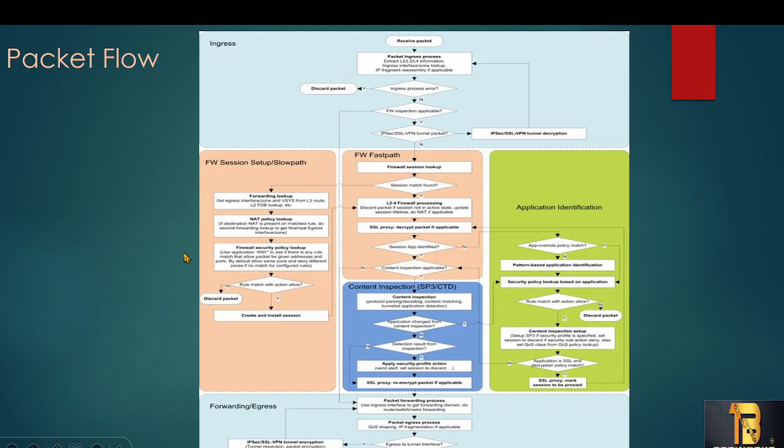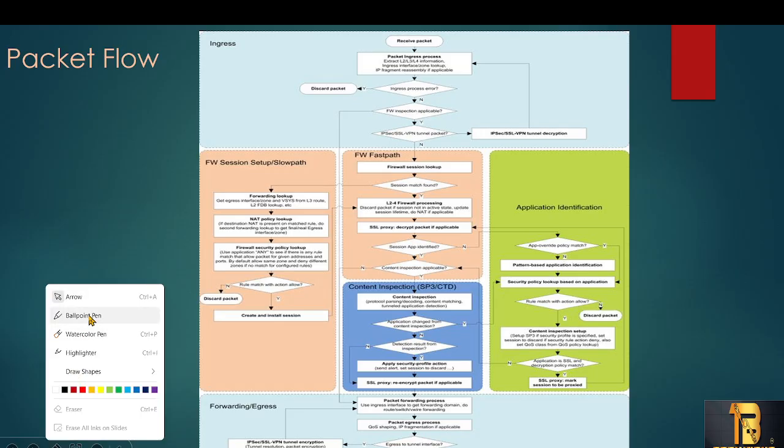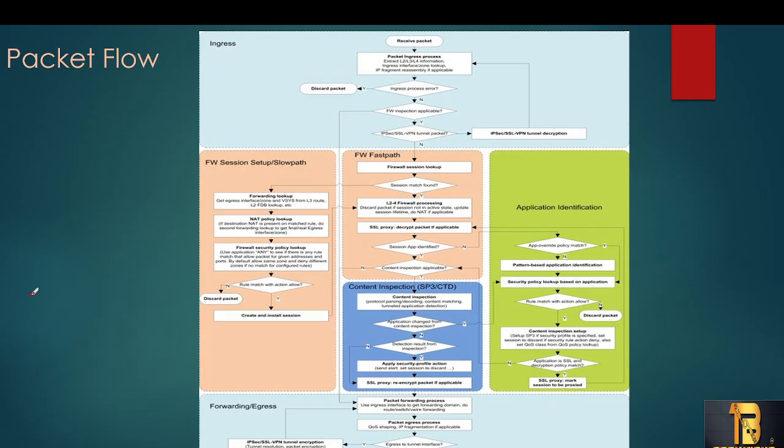Today we are going to learn about packet flow inside the firewall. Once the traffic is received from your client machine, whatever client machine you are using, let's take a Windows machine, and you are browsing something on the internet, the traffic reaches the firewall. How is the firewall going to inspect the traffic, and what checks is it going to do at every stage?